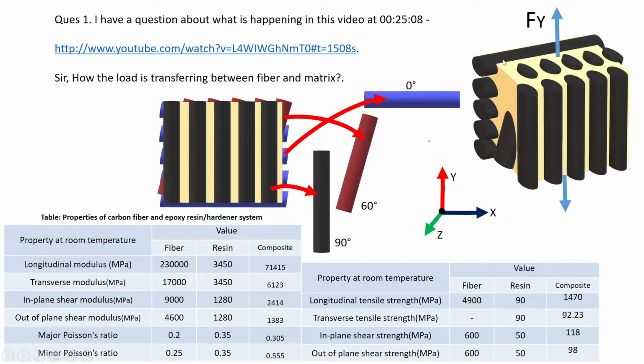Then the stress transfer and the stress bearing would also depend on the angles at which these fibers are arranged. For example, in this one, if this is 60 degree, then this is the longitudinal direction of the fiber, but if you're applying stress in this particular direction, then only the sine theta component will bear load, while the cos theta component will only bear the transverse load, which would be negligible in this particular case because force is only applied in this direction.